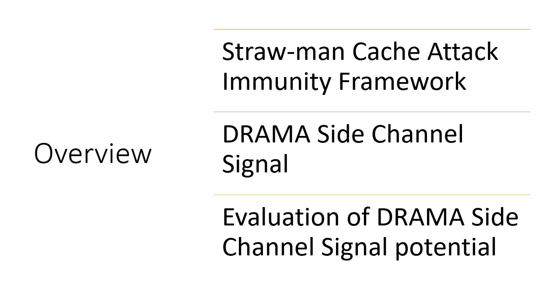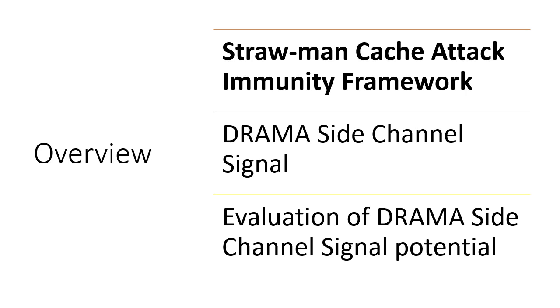It is a complete defense against cache attacks, but then we're going to look at some remaining exposure that's not in the cache, but in part number 2, DRAM. We're going to explain the DRAMA side channel signal. And in the final part of this presentation, we're going to look at, can we use the DRAMA side channel signal to exploit a known insecure victim in the presence of this cache attack immunity framework, to kind of quantify how powerful this side channel signal is in the case of all cache accesses being bypassed.